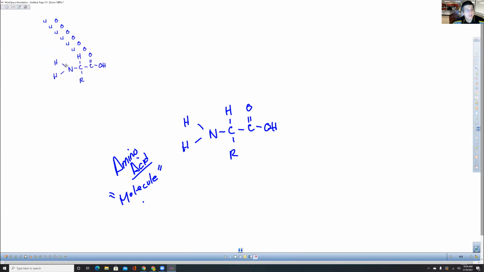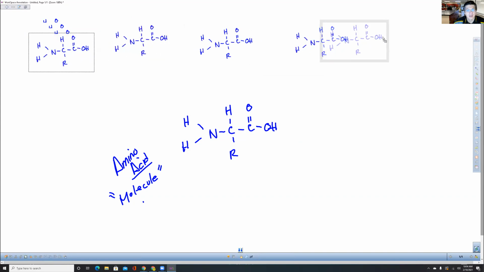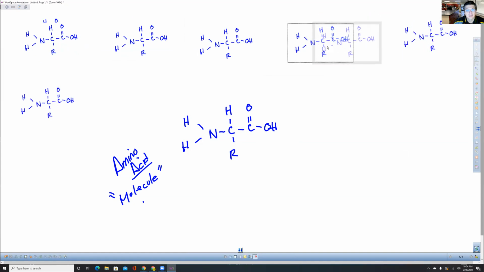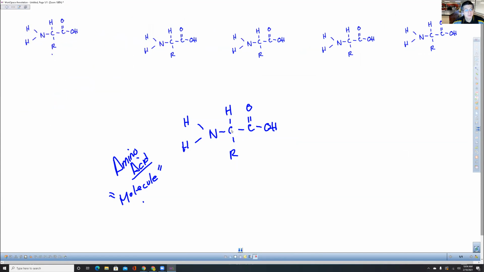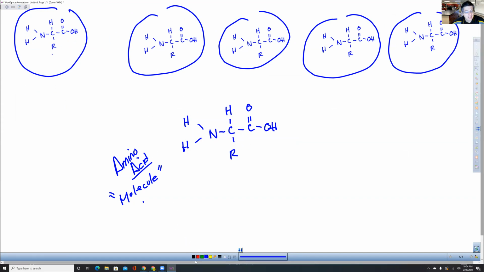Exactly. And so what happens is this, right? When you take amino acids, so here I have a bunch of amino acids that I copied. So when you take amino acids, all right, let me see if I can fit this one out and put it right there. Okay, so when you take amino acids, this is an amino acid, this is an amino acid, this is an amino acid, this is an amino acid, this is an amino acid, okay? When you connect amino acids together, right? So let's connect these amino acids together. And obviously this is not how they get connected. You have to take off the hydrogen and all that good stuff, right? But we covered that in a different video.